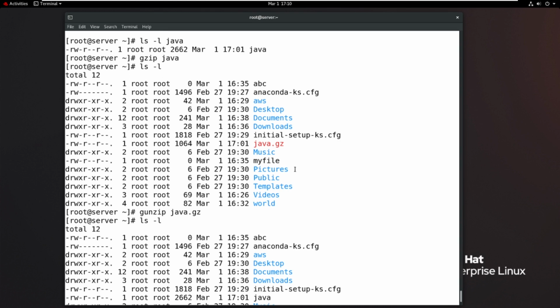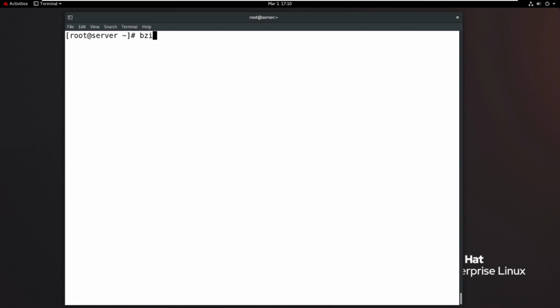The size was 1064. Okay, now I want to compress the Java file again by using bzip2. For example, bzip2 and then the file name, Java. The Java file size is 2662 with ls -l.